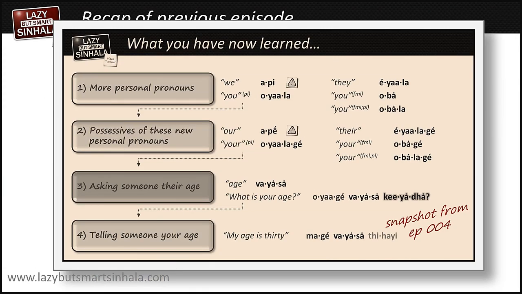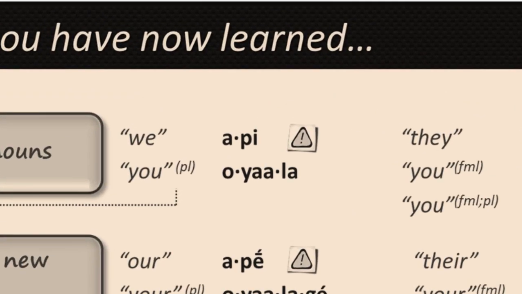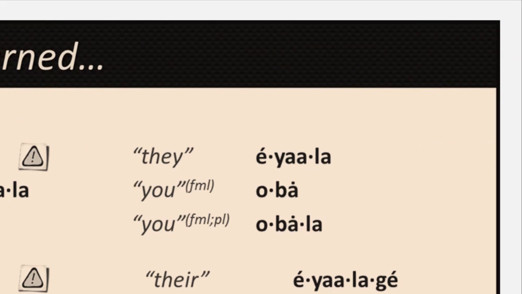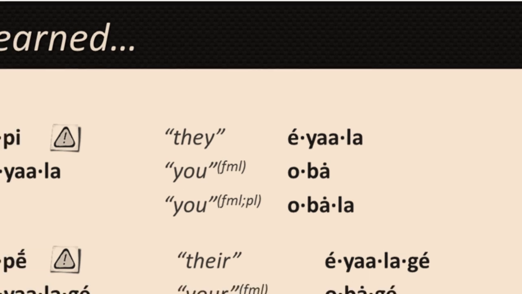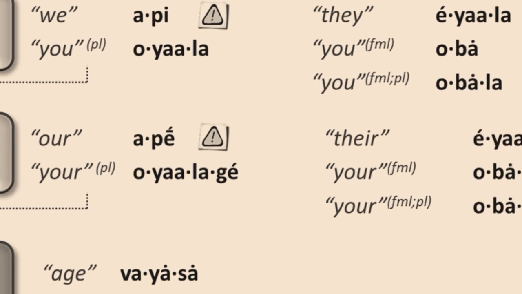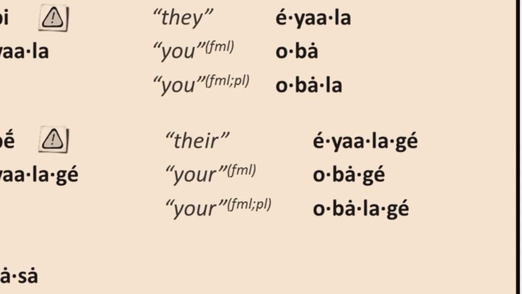Here's what we covered in episode 4. I showed you some new personal pronouns and you now know that we is api, plural you is oyala, they is eala, formal you is oba, and the plural of formal you is obala. We then went on to see the possessives of these personal pronouns and you learned that our is ape, the plural your is oyalage, their is ealage, the formal your is obage, and the plural of the formal your is